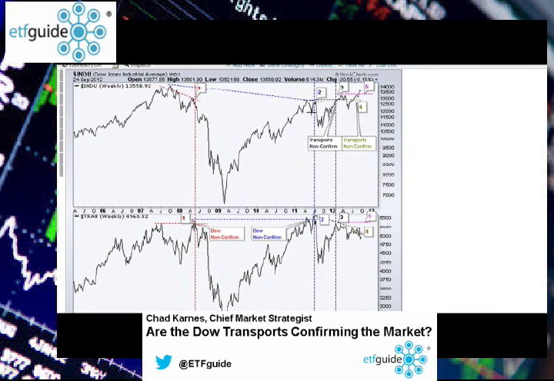In blue, the number two, a few years later in 2011, again the transports made a new all-time high above almost around 5,500. But the industrials not only did not make a new all-time high compared to where it was in 07, they also were lower than where they were just a few months before, setting up for the sell-off, the rather fast and brutal sell-off in mid-2011 in July.